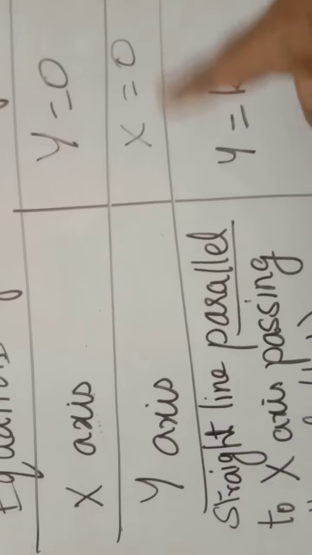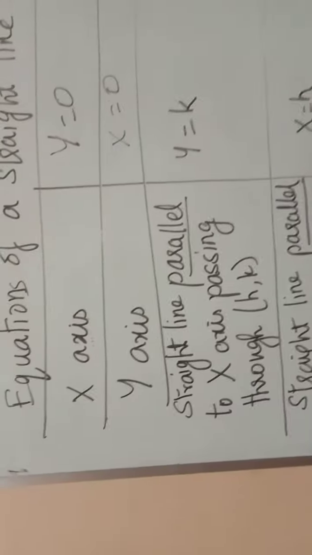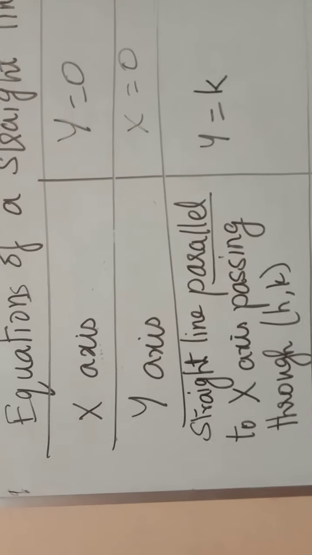You know what is x-axis in a graph? Equation of x-axis, y equal to 0. The same way equation of y-axis, x is equal to 0. So it is easy for us to keep it in mind. X means we have to write y, y means we have to write x. So it is easy for us. So again you repeat yourself, equation of x-axis, y is equal to 0, as well as equation of y-axis, x is equal to 0, right?